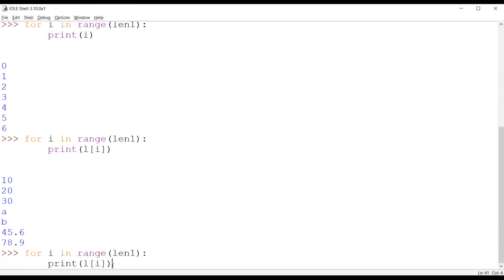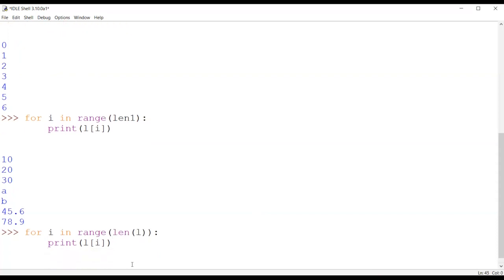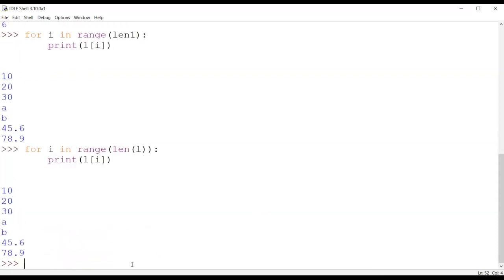Now, another way: in this, what have I done? I have first calculated the length, but I can also apply it directly here. That means I need not take any third variable for storing the length of my list, but can directly apply this calculation inside my range function, and I'll get the same result. So these are the ways to traverse a list so that we can reach each and every element present in the list.